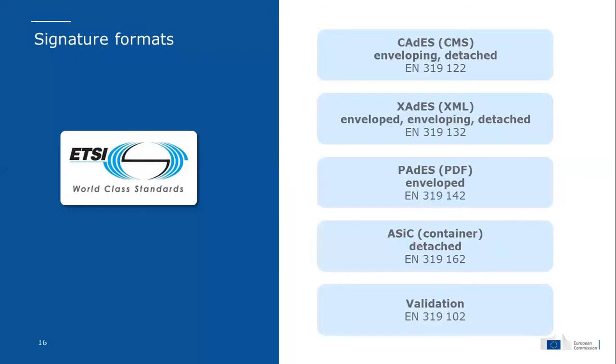We could add as well that we support, if there are people at this webinar interested in Estonian electronic signatures, please know that BDoc and DDoc formats from Estonia, at least when ASIC is involved, when they are based on ASIC, these signatures are supported as well. And we will see in a later slide that regarding validation, we stick to the 319.102 part 1, which is the validation algorithm standardized by ETSI. These were for the formats.